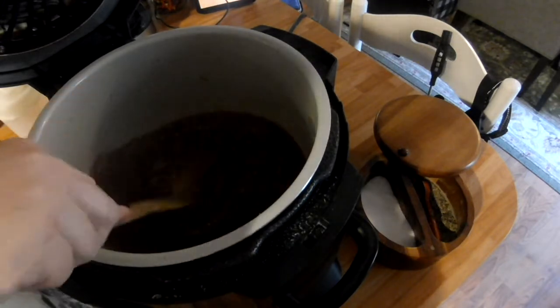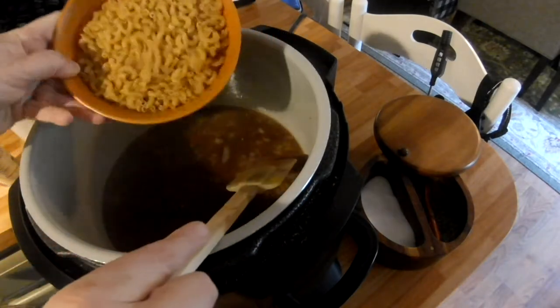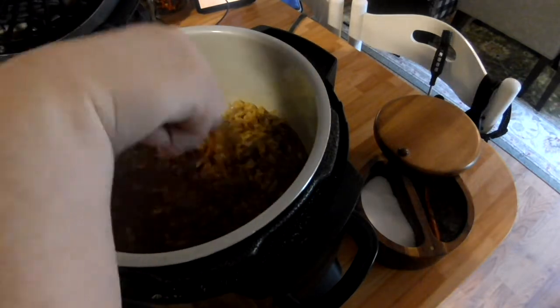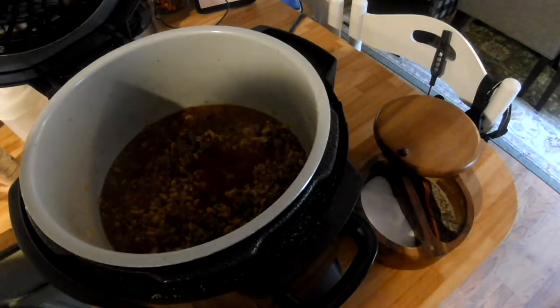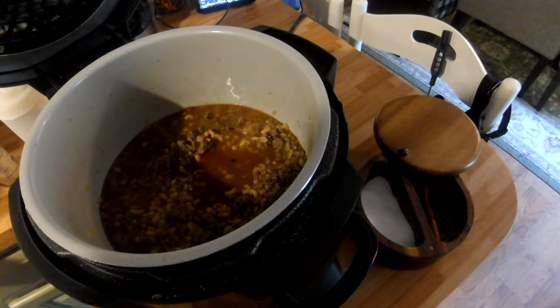Okay. To this, we're just going to add our elbow macaronis. And I have a half a pound or 8 ounces that I measured out. Give this a little stir. Let's check my ingredient list and make sure I've got everything in. We've got in here a little bit of olive oil, 1 small onion diced, a half a pound of ground beef, which the recipe calls for 1 pound. We're going to do a half a pound of elbow macaroni, 2 cups of beef broth, a teaspoon of Worcestershire sauce, a half a teaspoon to a teaspoon of garlic,